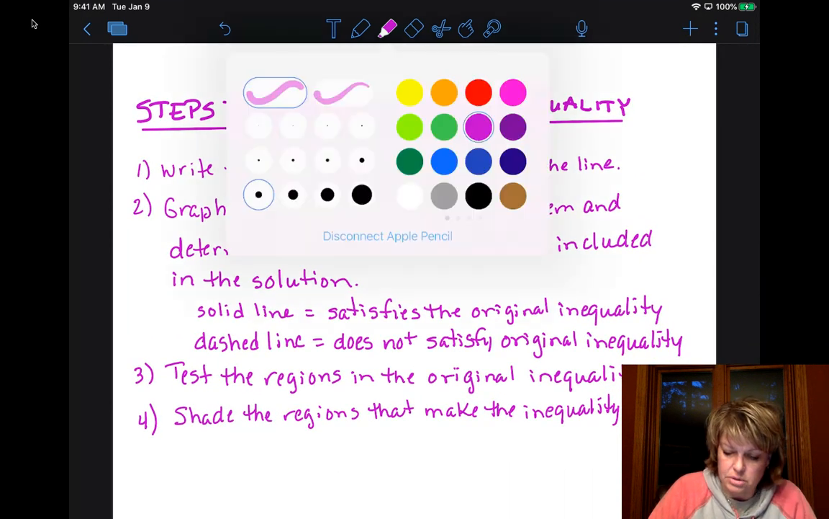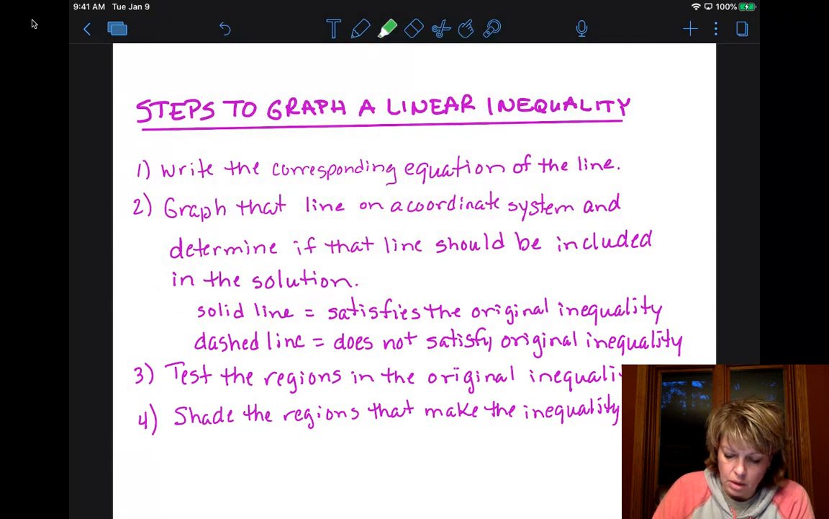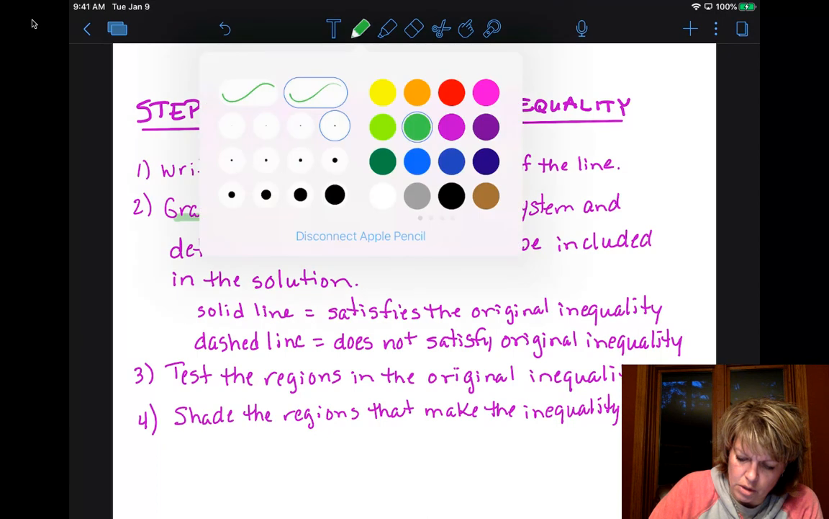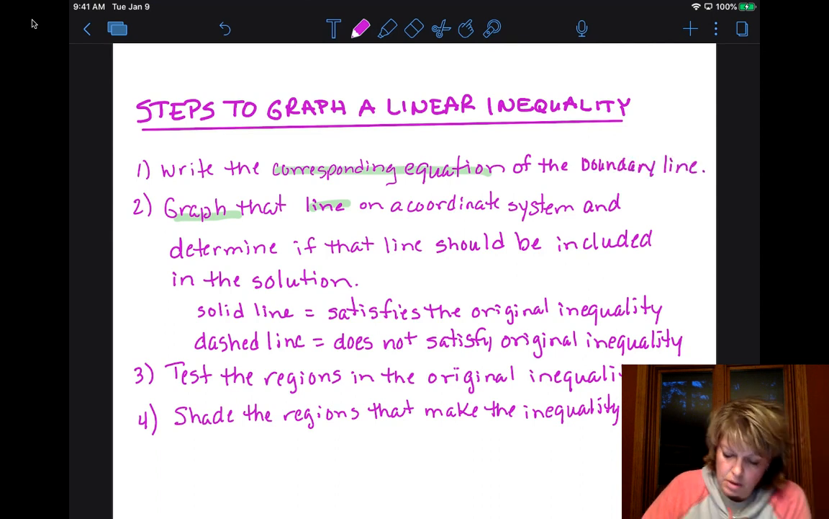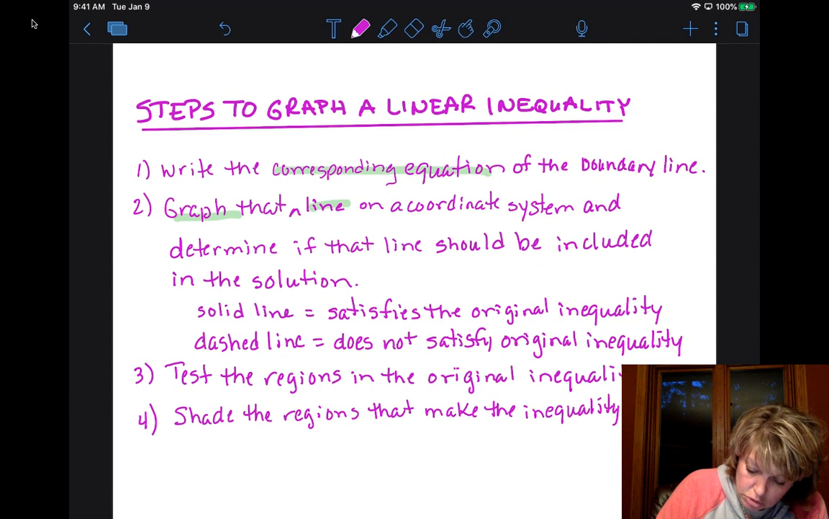And again, pointing out those similarities, we're going to write the corresponding equation. We're going to graph that boundary. In this case, it's a line. We're graphing the boundary. I should have said boundary. You know what? I should have put that in there. What am I thinking? We should have this say boundary line. Oops, boundary line. This should say boundary line. Glad I caught that. And then we're going to graph that boundary